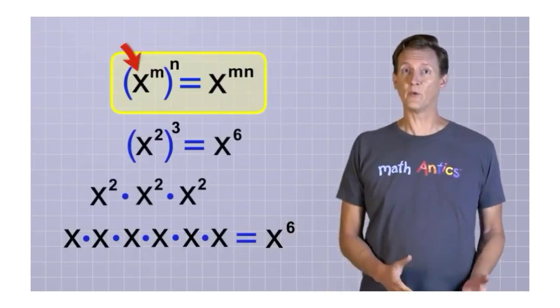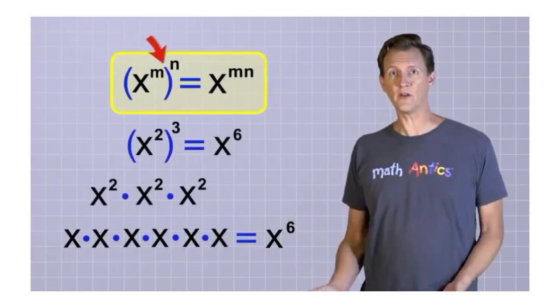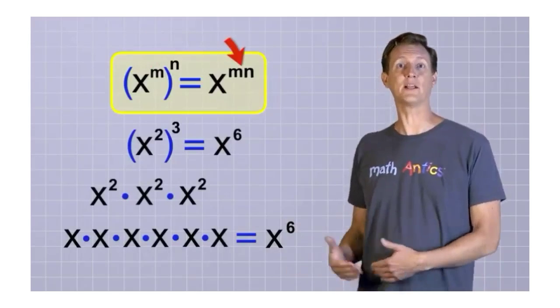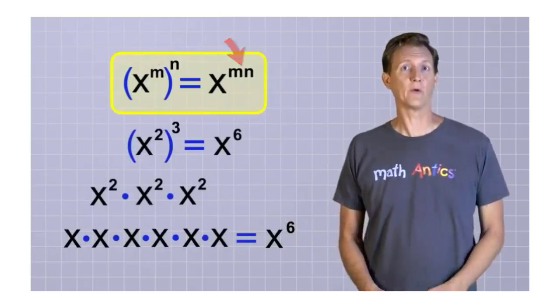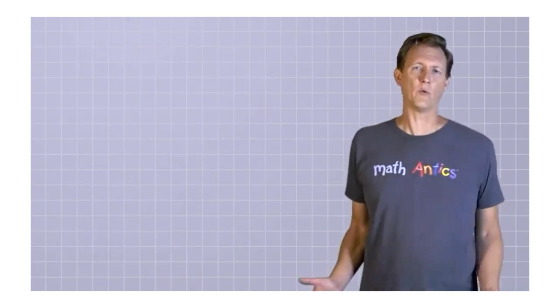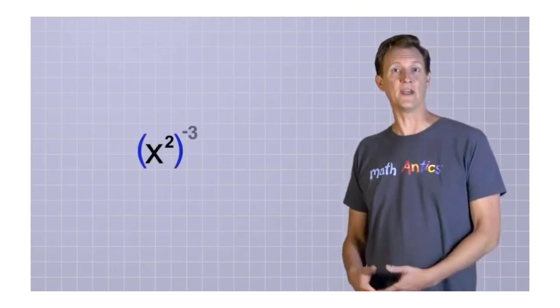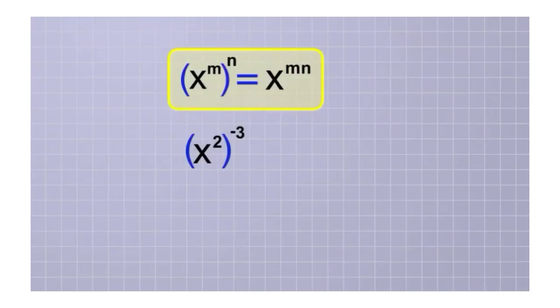If you have a number raised to a power, and that's all raised to another power, you can just multiply the 2 exponents together to simplify it. And it works for negative exponents too. Like what if we had x squared raised to the -3rd power? Well, our law tells us that that's the same as x to the power of 2 times -3, which is